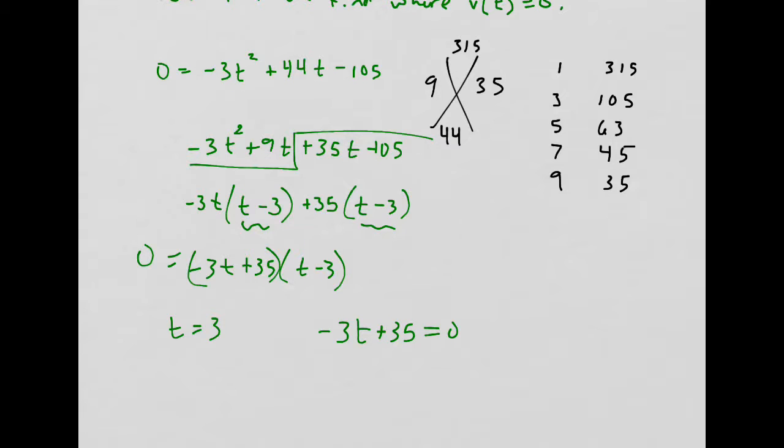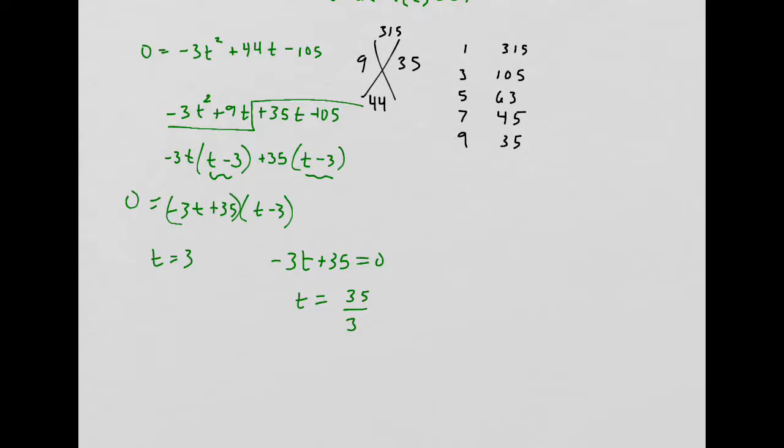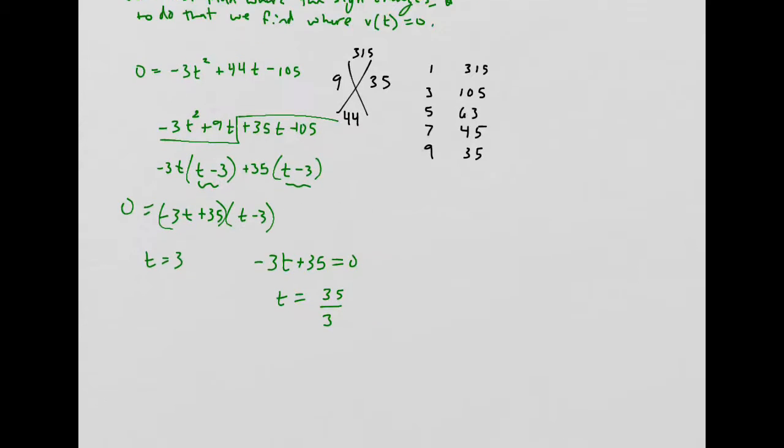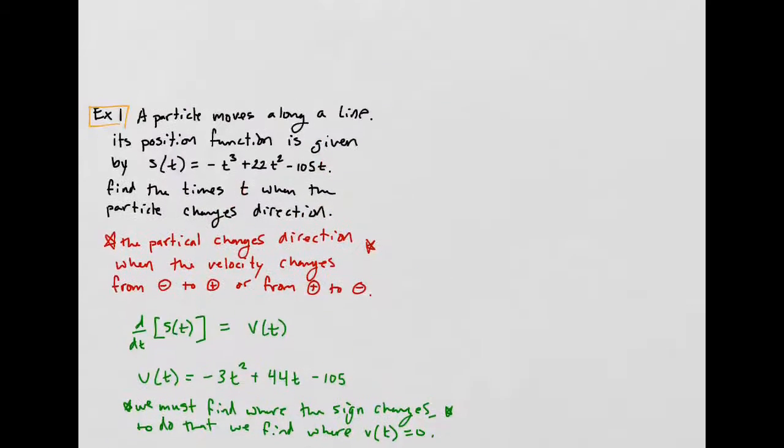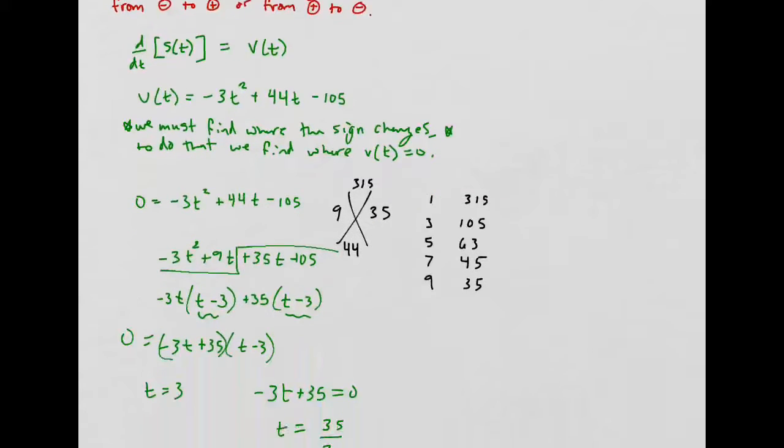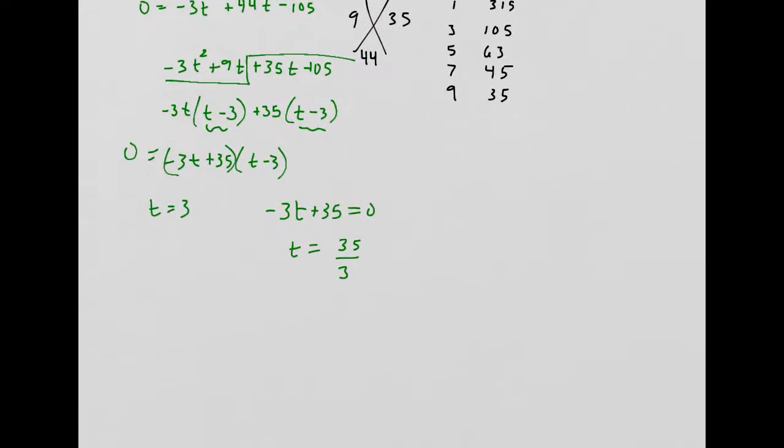This is called the zero product property. Maybe you learned it in Algebra 1. You should have, at least. And t, if I just move stuff over, would be positive 35 over 3. So these are the spots where the velocity is 0. We're still not done yet. This is a tough section. And we're only doing one problem per video. Jeez. So,